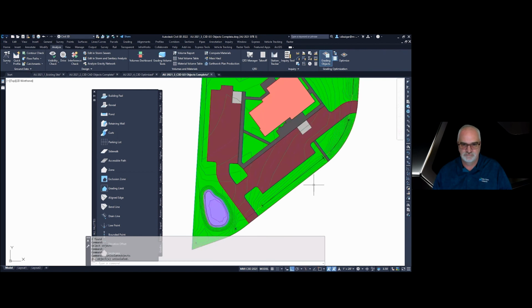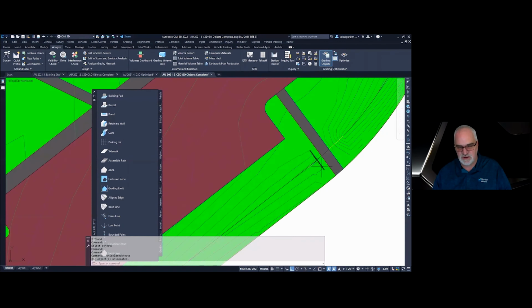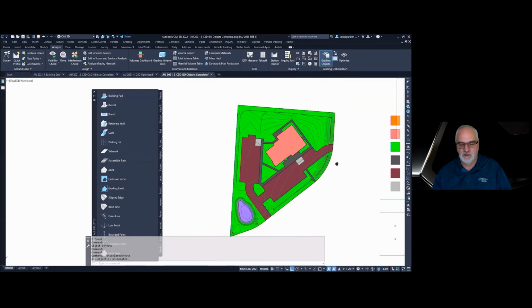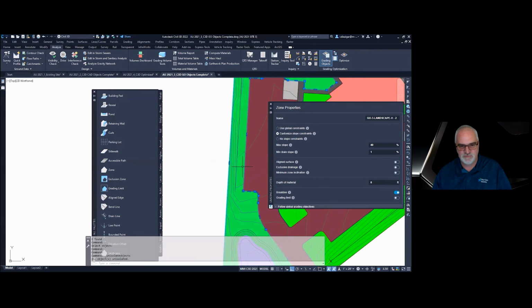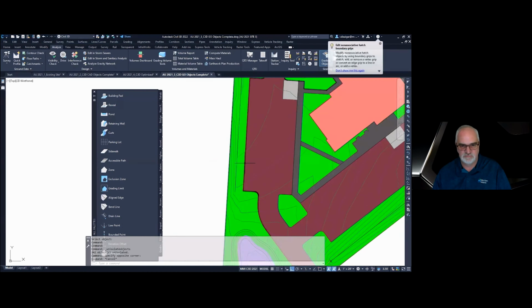I think things look pretty good. It looks like it would drain. You can see there's a retaining wall there, everything from there. Also, you have those feature lines that it brought in.